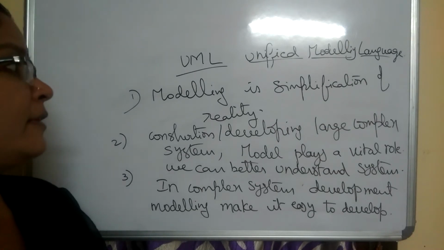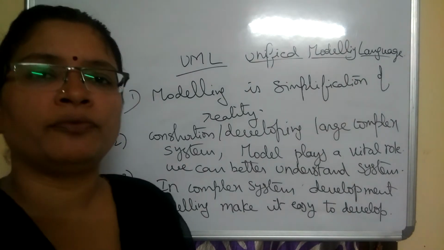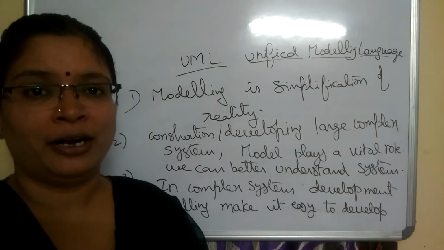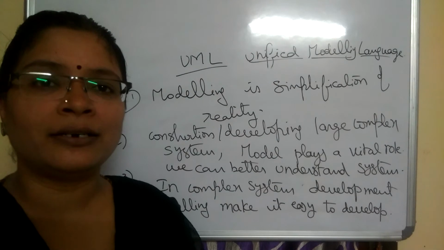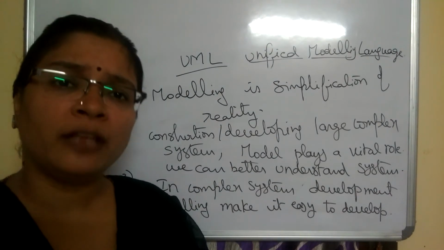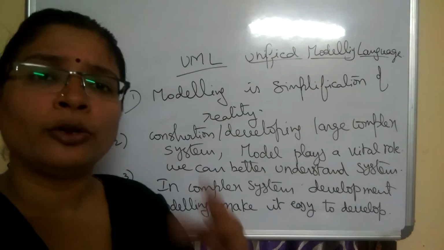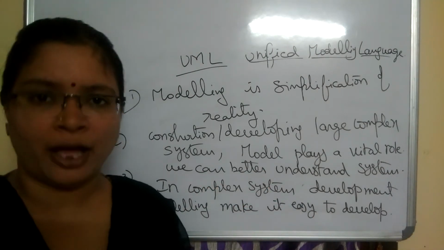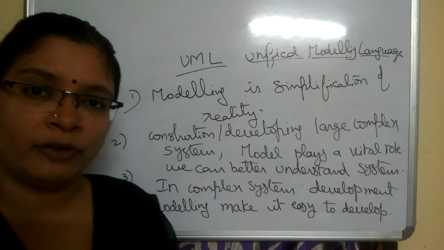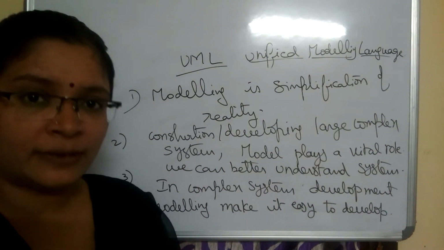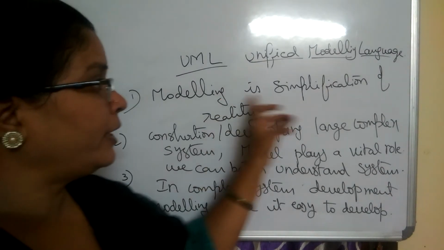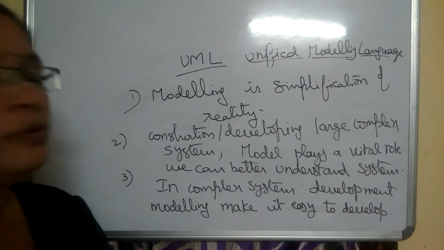What is the first one? It is saying modeling is the simplification of the reality. So the real one will be simplified, we are seeing. Okay. So what is the real one? You imagine that in the form of a short form. Based on that, you can construct or you can develop the real one. So we can say it's a simplification of the reality. You can imagine how real it will be by watching the model itself, by seeing the model or blueprint itself. So hence modeling is called as simplification of the reality.